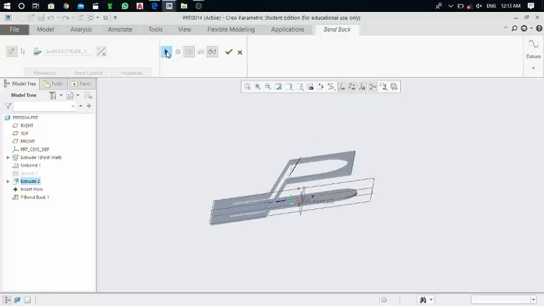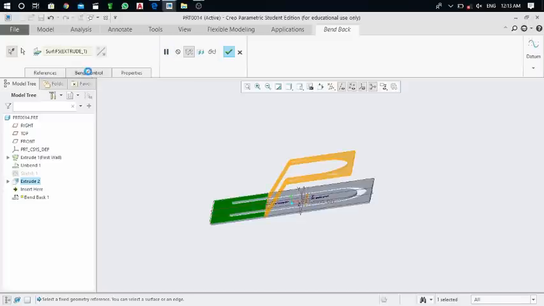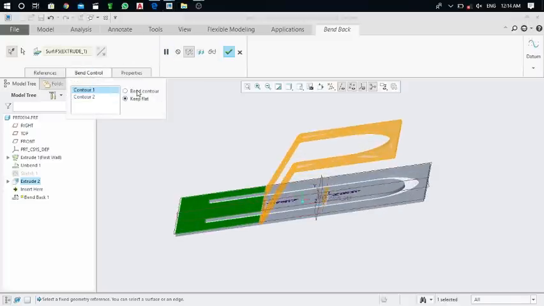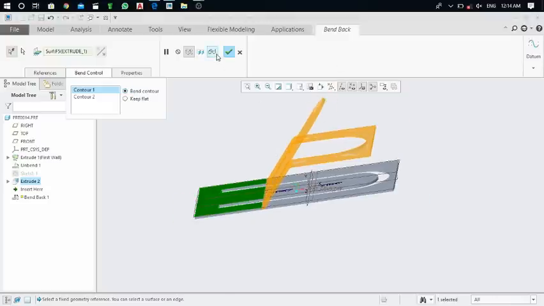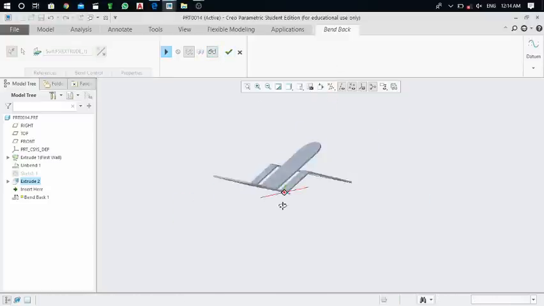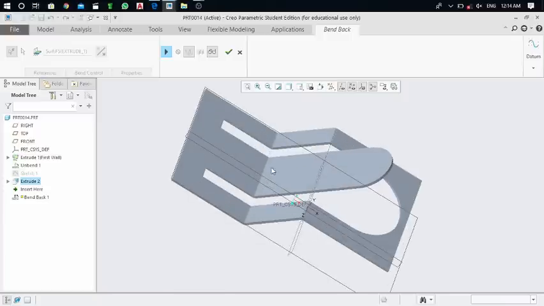Okay, click again on this resume edit, this bend control, click on this contour 1. Okay, so if I select this bend contour and see the preview of that, the preview is like this. This first rectangle of this middle portion is flat. I have selected this as it should be flat.